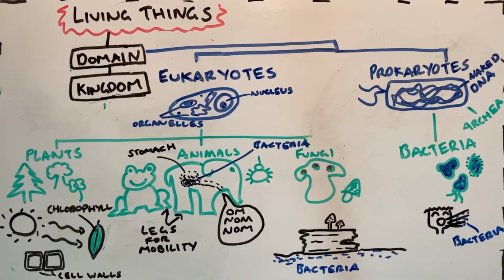In conclusion, we've looked at 4 kingdoms within 2 domains. We've looked at the plant, animal, and fungi kingdoms inside the eukaryote domain, and we looked at the bacteria kingdom inside the prokaryote domain. So, although classifying things can be a bit blurry, it's very useful for understanding the different kinds of life on Earth and how some key differences indicate how related or unrelated different living things are to each other.